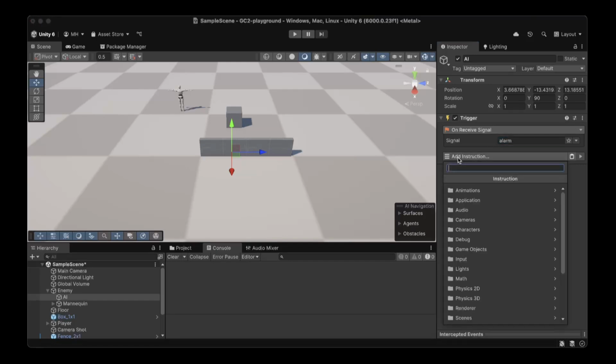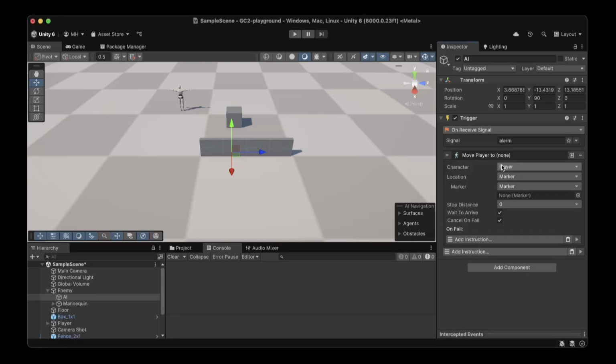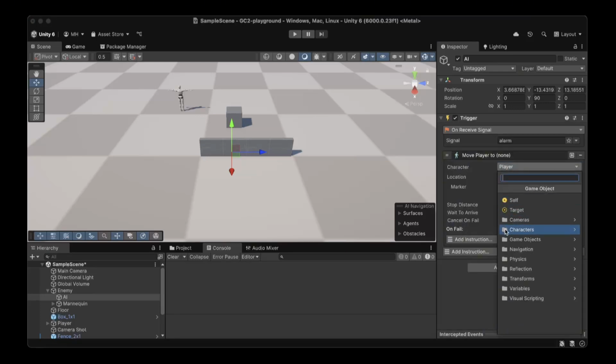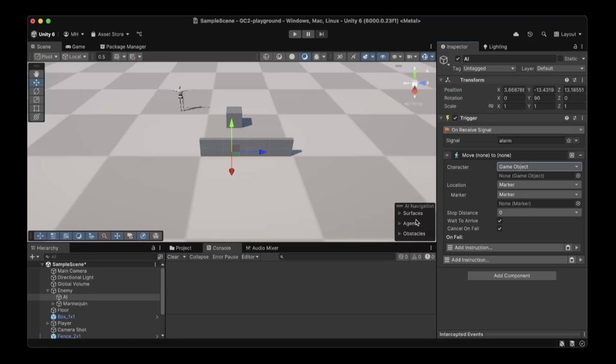So add instruction, and we want him to move to a certain location when he gets the signal. So that would be in characters, navigation, move to. And we can move this character to